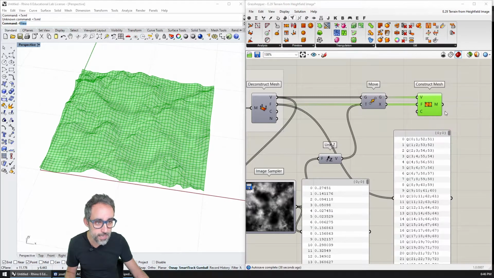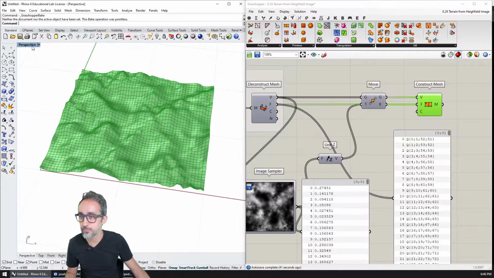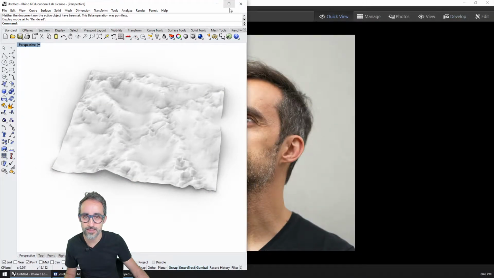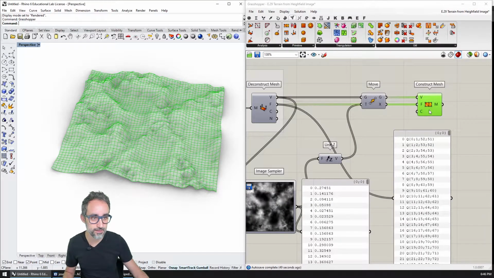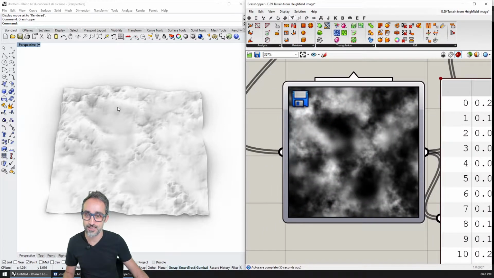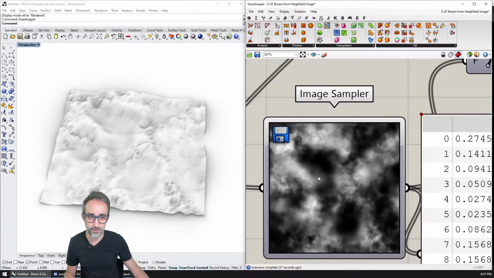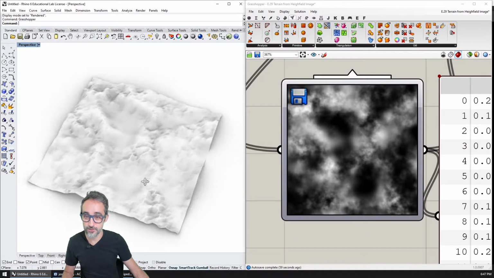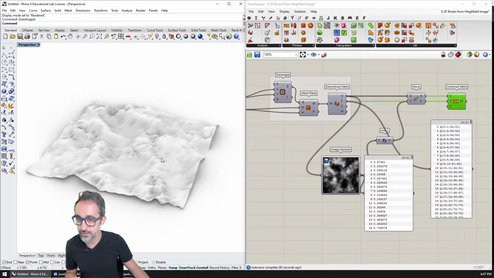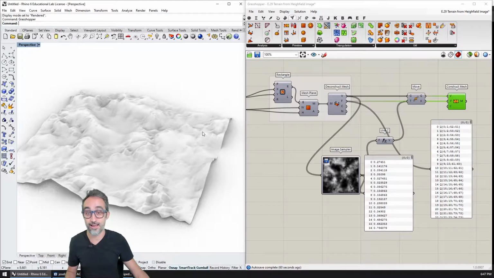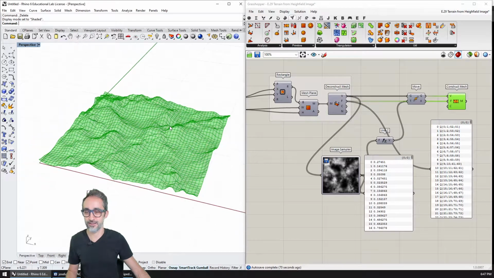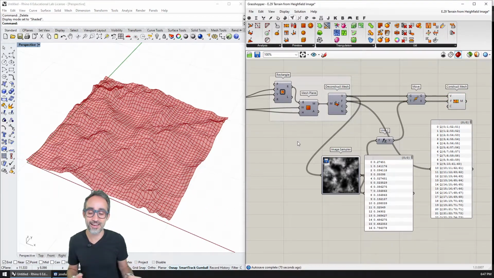And if I bake it, and do, for example, a render view of this, sorry, you can already see how this mesh is kind of looking like this one here. So that's great. So what was that? Five components that we used to generate a mesh with volume out of an image. I think that's pretty badass, if you ask me. Not because I did it, but just because I actually think it's pretty cool.